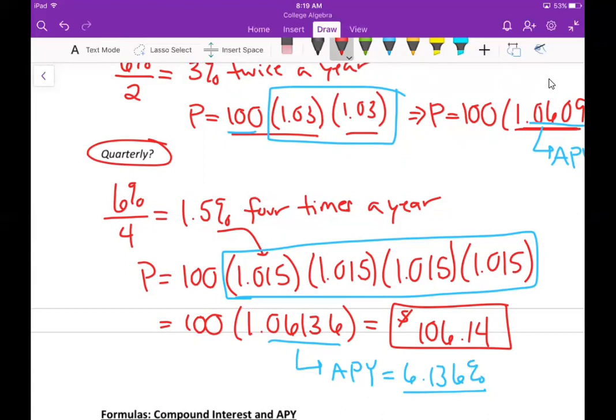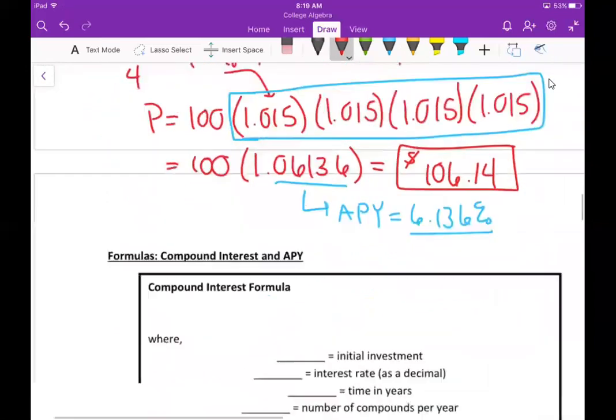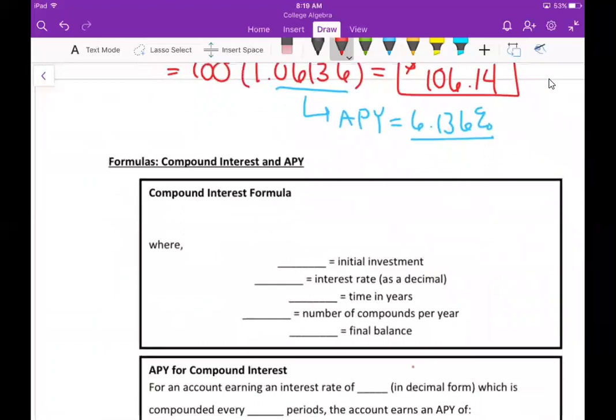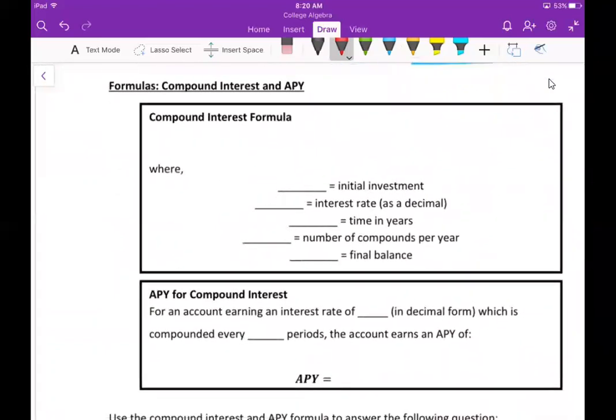Okay, so this brings up new formulas as well. We would like a formula for any amount of compoundings, any number of times a year, right? So here's our new formula for compound interest for any number of compoundings. And we're also going to come up with a formula for that APY, because so many times we're given APR. How could we come up with APY given APR? So here's your formula. What were we doing just now? We kept taking the original investment. Our new growth factor was 1 plus that annual interest rate, that APR, and we divided it by the number